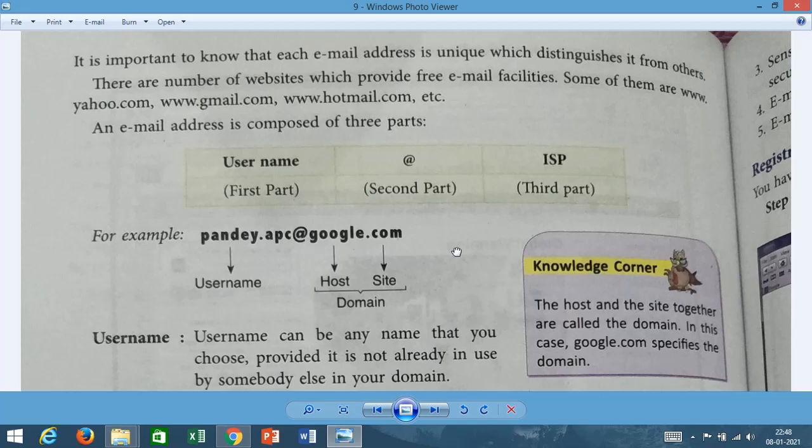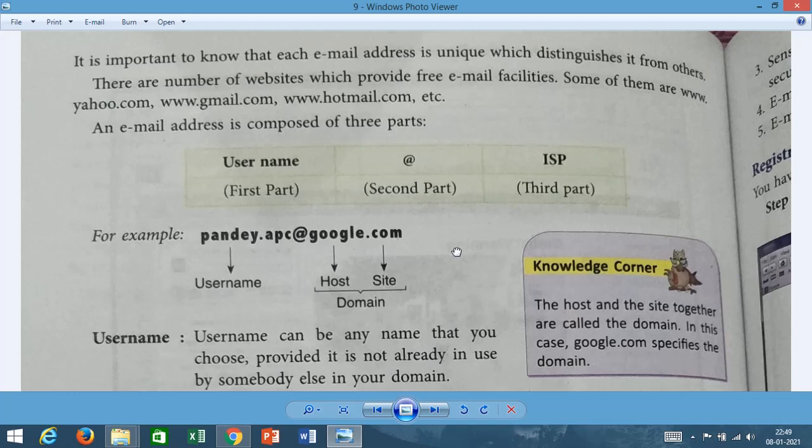It could be pandey.apc@outlook.com. Whenever I say yahoo.com or outlook.com, this Yahoo, Outlook, Google, Gmail, etc., all these are the host. Host means the company who is providing you the service.